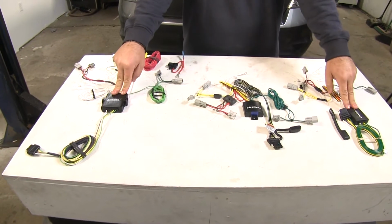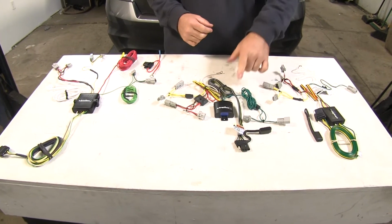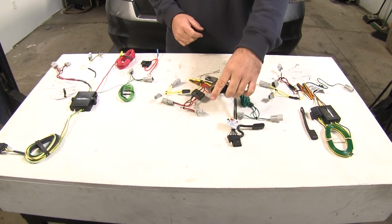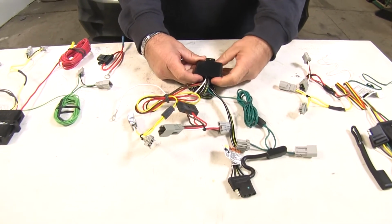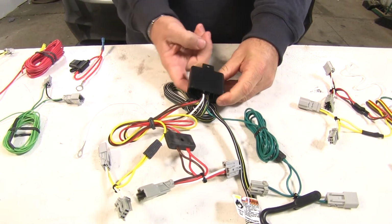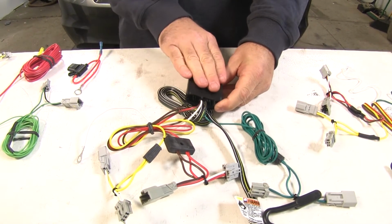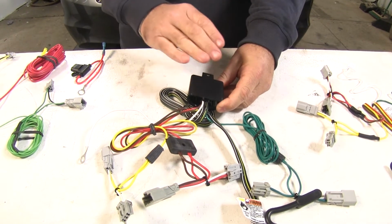Another difference is going to be your modular boxes. Through customer reviews here in the shop, the potting that is in the bottom of the Tekonsha tends to help this one last a little bit longer because this potting is throughout this whole thing inside of the wires. If this happens to come loose inside of the vehicle and gets bounced around, these tend to hold up a